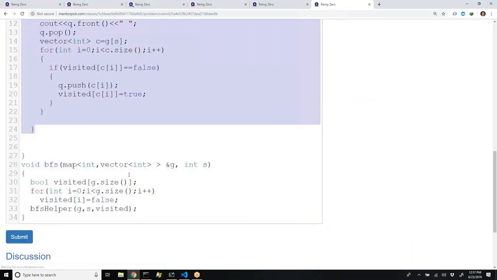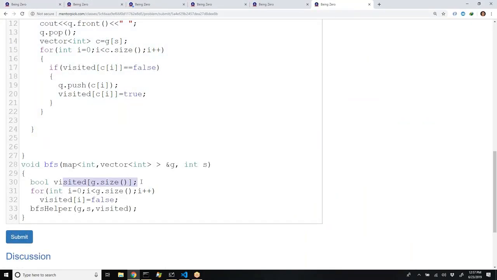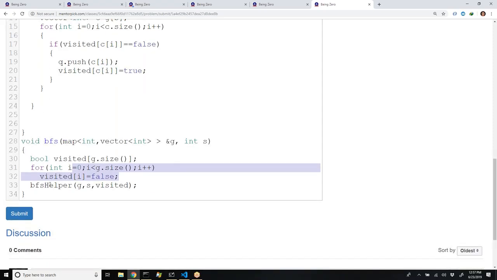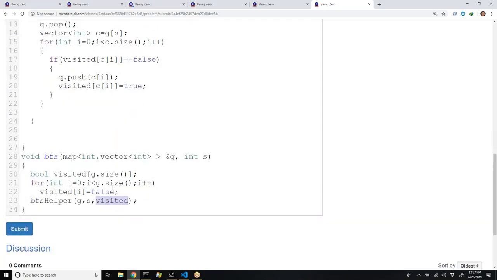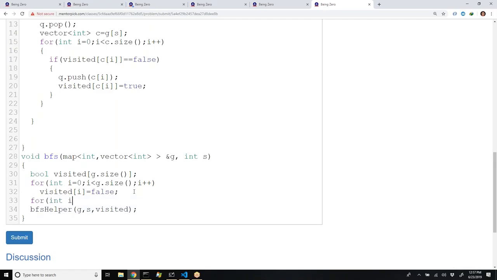Okay, so you are starting with BFS of entire graph. You took a visited array, initialized the visited array with all false, and then you are doing the BFS helper for all visited. Okay. But when you are doing it for the graph, won't you call BFS for all the vertices? It may be a disconnected graph also. Right. So we'll have for int i = 0, i less than g.size(), i plus plus,